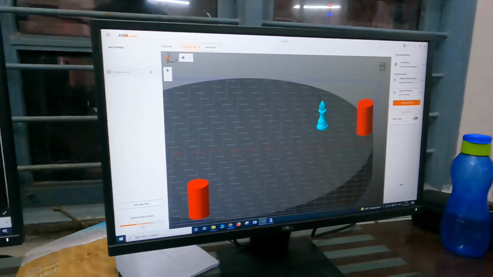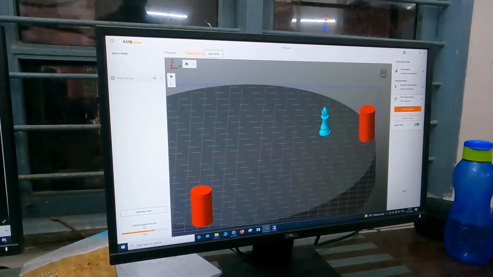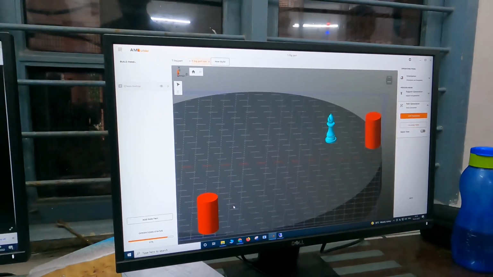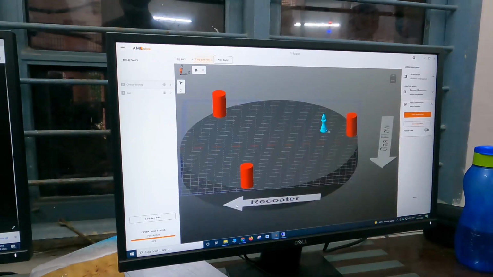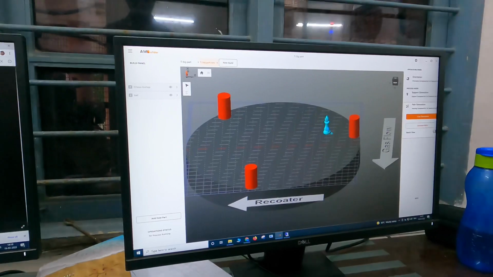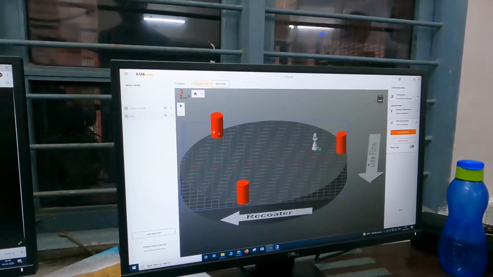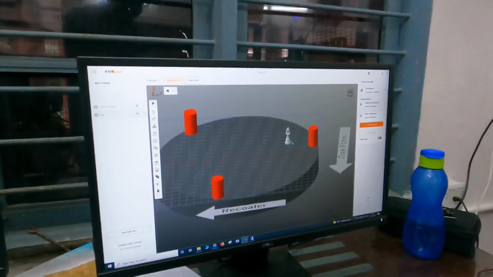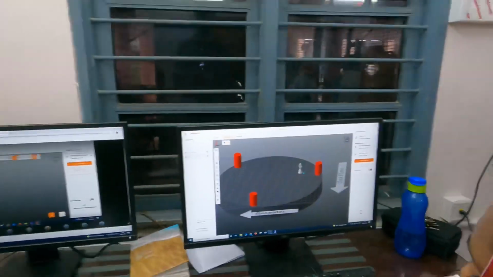Now the status is showing loading. So guys, when I was explaining about converting CAD data, maybe a STEP file or any other CAD data file, into an STL format, Basil has already done that.